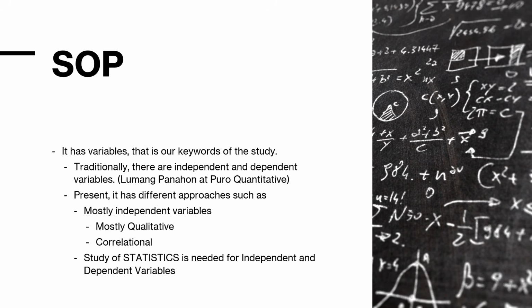Another thing is that the study of statistics is needed for the independent variables, even in qualitative. However, it is really evident in quantitative research that statistics is needed. That's why in your math class, or in a quantitative approach, statistics is really there. We begin with descriptive statistics, or just merely counting, or representing a certain number of the population. Then you need to understand the nature of your data, because sometimes the data cannot be used for more advanced statistics. When we say advanced statistics, we look at the inferential.